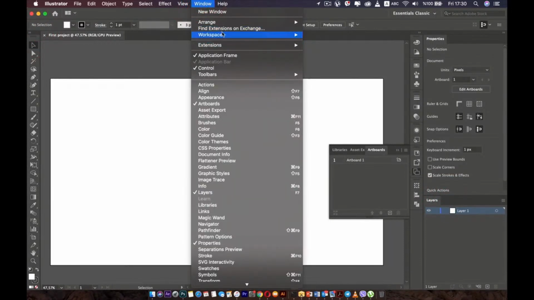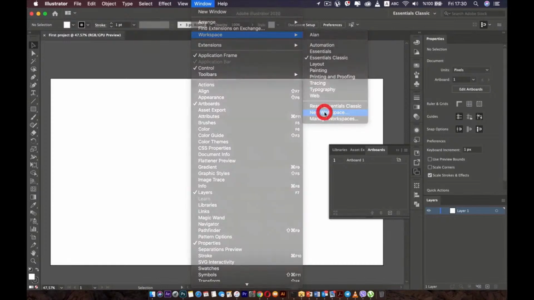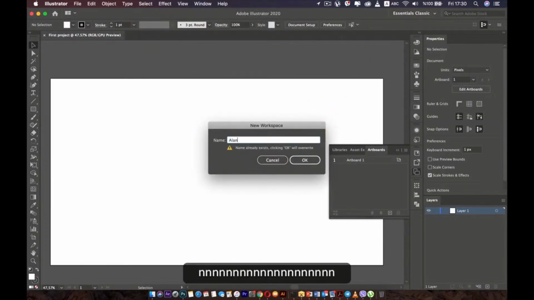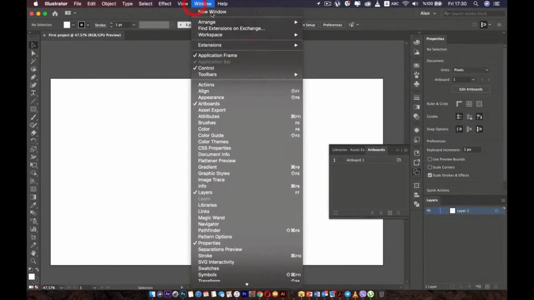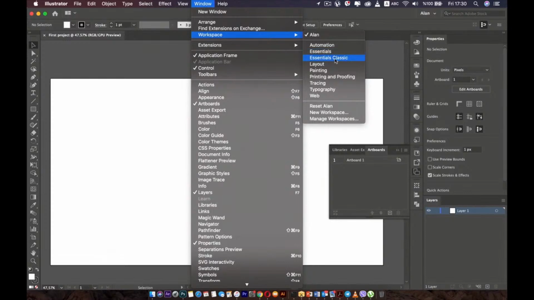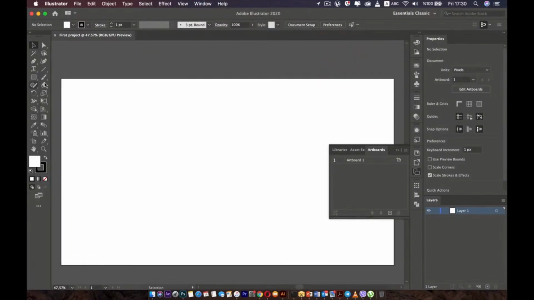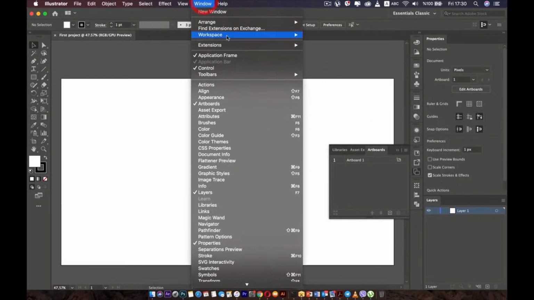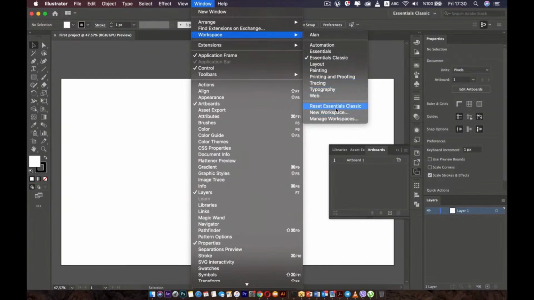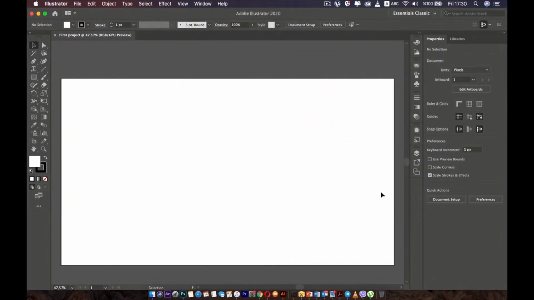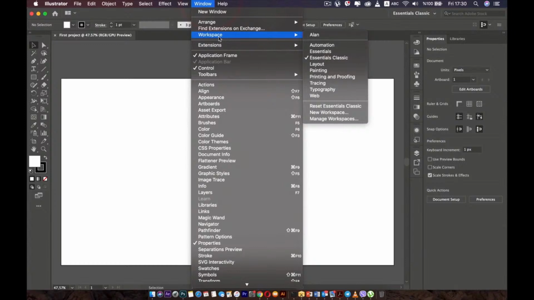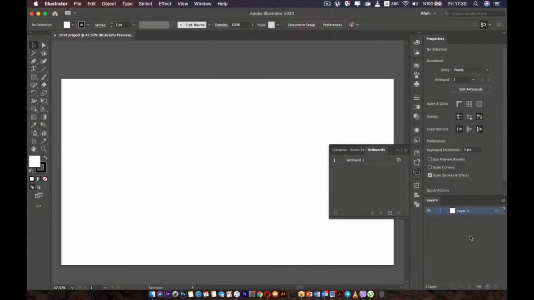like this. Then go to the window, workspace, and new workspace. I will name this Alan. Now if you go to the workspace and go to the essential classics, it will not change because you made change over this. Now go to the window, workspace, and reset the essential classic. Now it's like before. Now if you go to the workspace, you can see the preset that we just created,